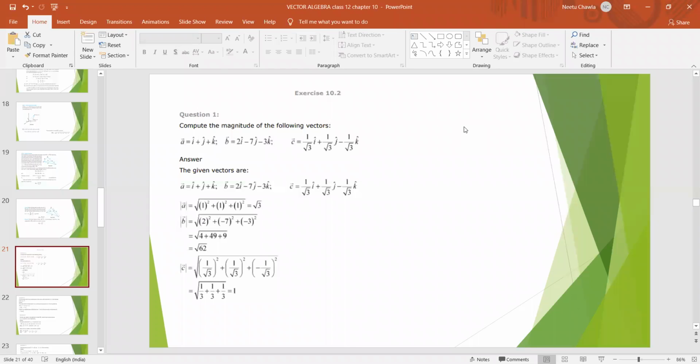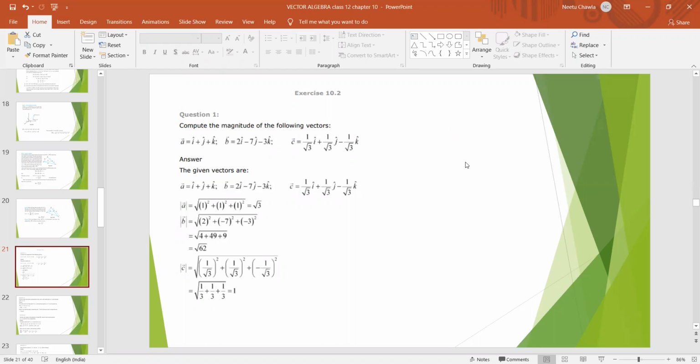So here is our next video of chapter 10, vector algebra, exercise 10.2. We are done with the formulas. Let's find out how to use them. Compute the magnitude of vector A: i plus j plus k, B: vector 2i minus 7j minus 3k, and C: